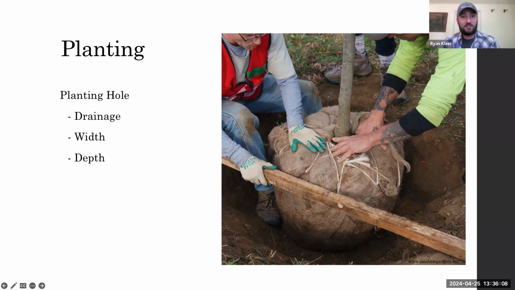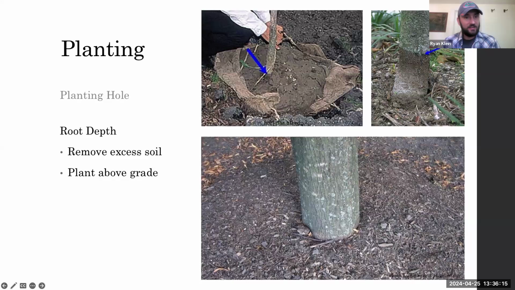And then the other thing is, is there any excess soil on top of the root ball? And we'll touch on that here in a second. So here's that example. So you pulled back the burlap from the balled and burlap tree. You can't find the trunk flare. So what you need to do is remove all the soil until you can find that trunk flare. And you can see with that blue arrow there was 2-3 inches of soil above the trunk flare.